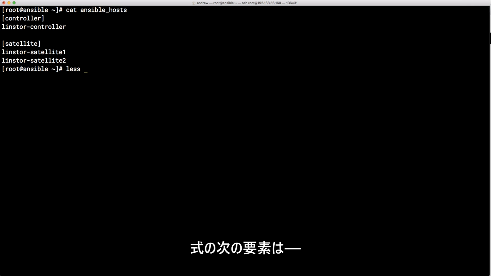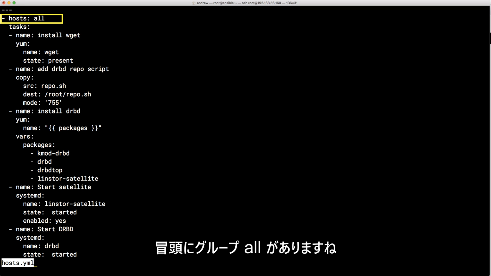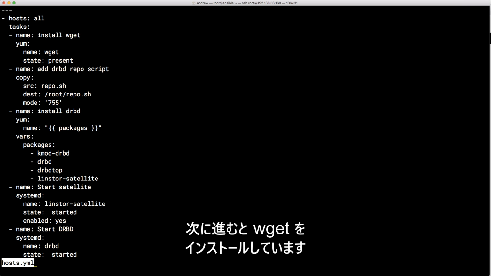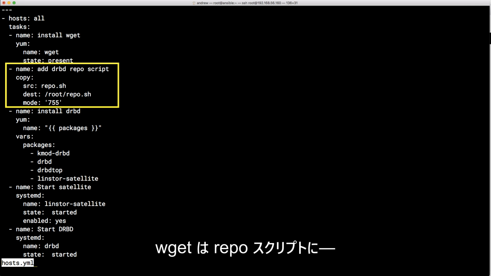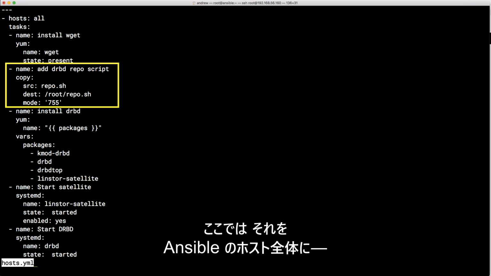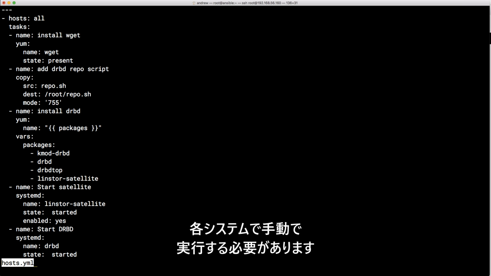The next part of the equation, if you like, is the YAML file. So we had the host YAML, and we can see first of all for the group all, so all of the hosts within the inventory, we're going through and installing wget. Wget, if you recall, is required for the repo script. The repo script creates our repo, and you can see that we copy that across from the Ansible host. Once that's all set up, and I have to run the repo script manually on each system,